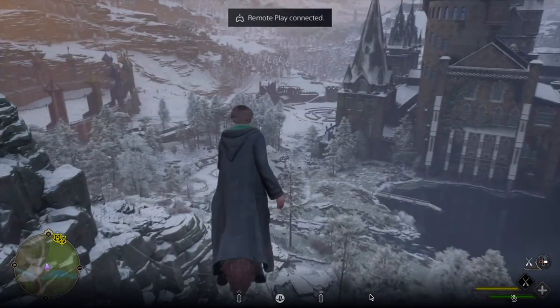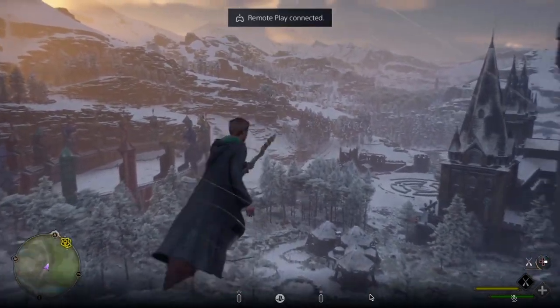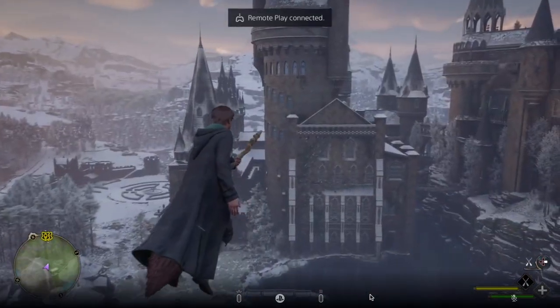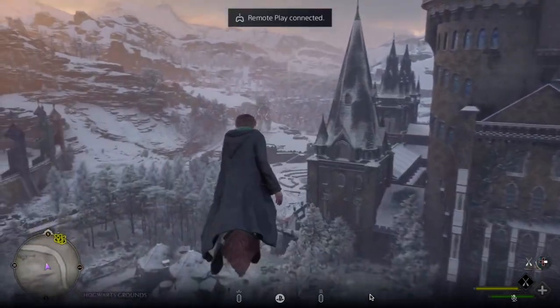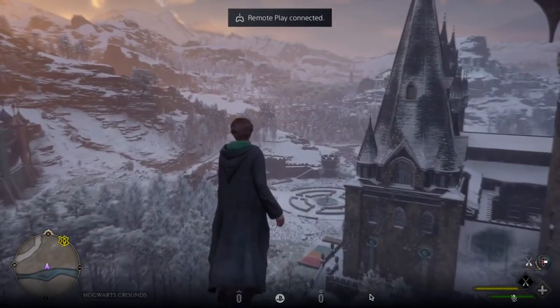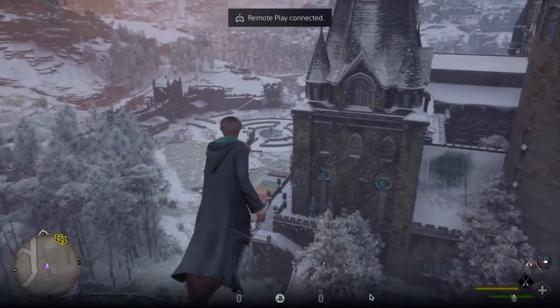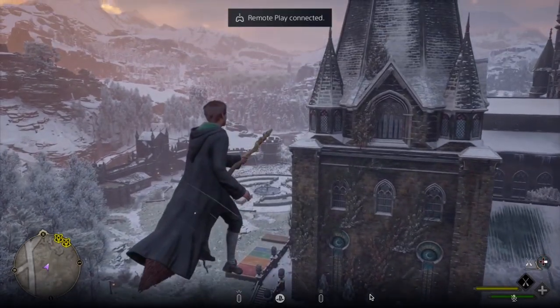So there's Hagrid's hut there, more on the grounds of Hogwarts. There's the Quidditch pitch we'll explore at the end of this video. Next section, let's check out, is the Defense Against the Dark Arts wing. So this right here is the West Tower. At the base of this tower, when you go up those stairs, is going to be my favorite part of